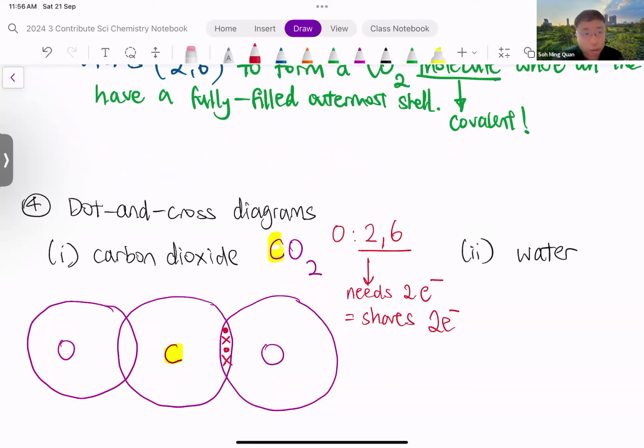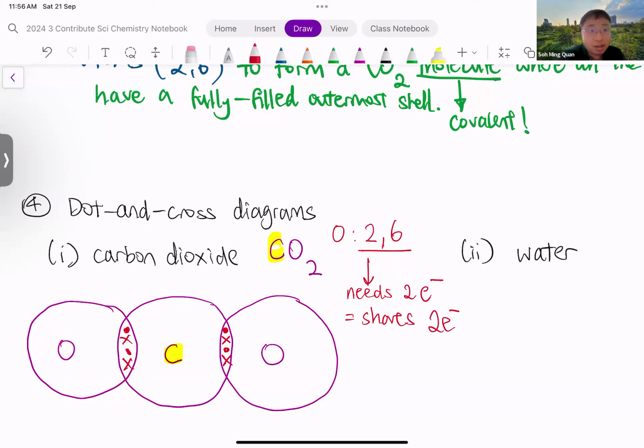When you share 2 electrons, you will have 1 dot, 1 cross, 1 dot, 1 cross. Because the idea is, if I share 2 electrons with you, you will share 2 electrons back with me. I share 2 of mine with you, you share 2 of yours with me. So dot, cross, mine, yours. Okay? So same for the other side. Dot, cross. You have to get this correct first. This is the first mark. Then the second mark